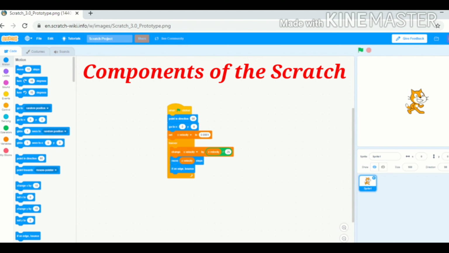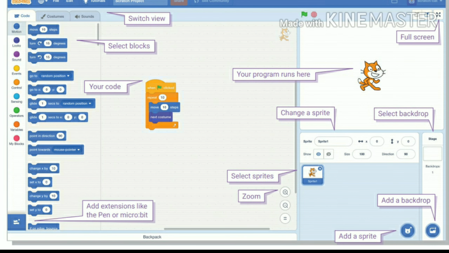Next, a very important component is add extension. In Scratch 3.0, there is a new feature, that is add extension. You can add extensions of other blocks. That means you can program characters to speak in other languages with the Google Translate extension, and we can add extra features to it. You can even program characters to respond to your body movements. We have multiple extensions. We will discuss them one by one.